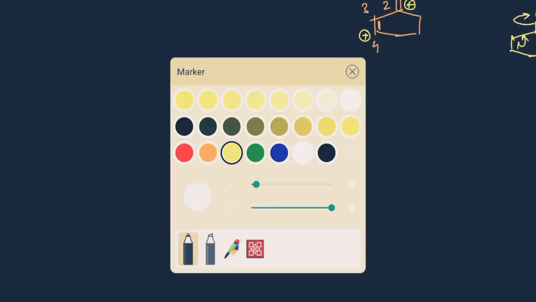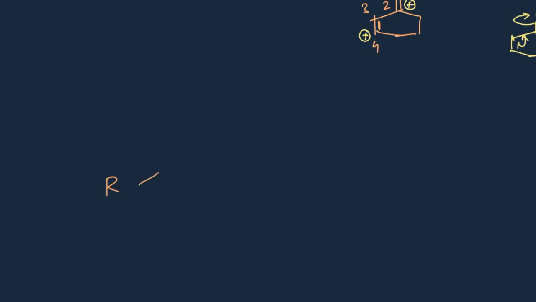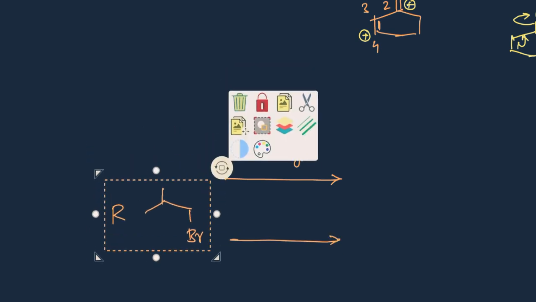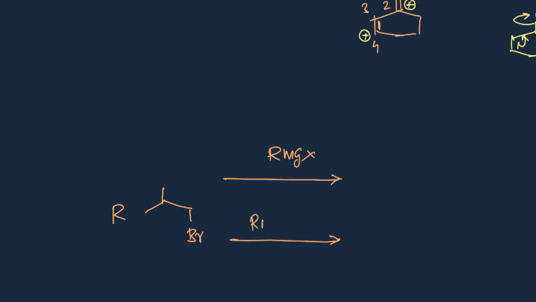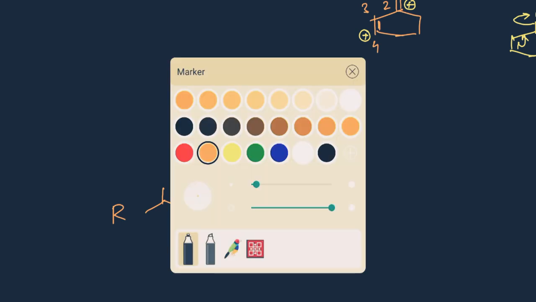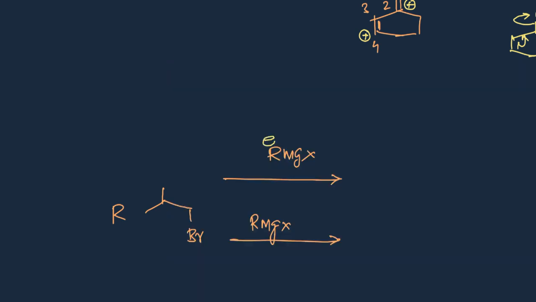Secondly, another one: suppose I have this molecule as a reactant, and I treat it with RMgX. And secondly, suppose I have the same reactant, and it is treated with the RMgX, now this is a simple displacement one can say. The Gilman reagents are more effective toward the SN2 reaction. You know that SN2 reactions are very simple. So this is R negative and R negative, both are joined together here, and they do this SN2 reaction.